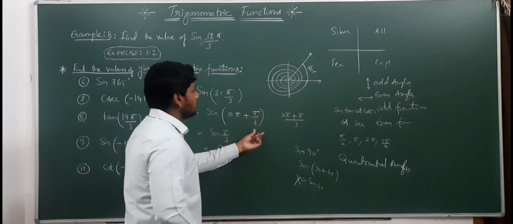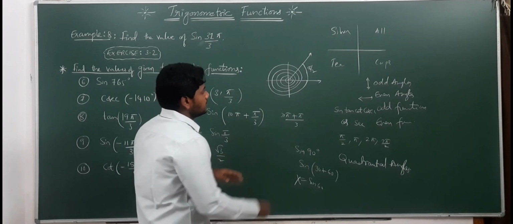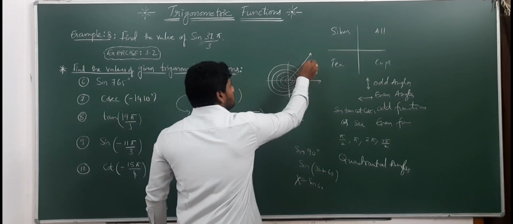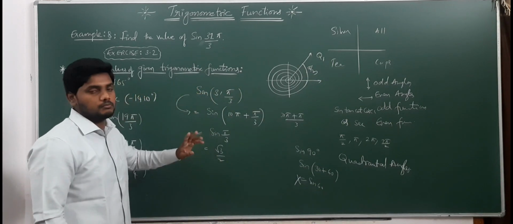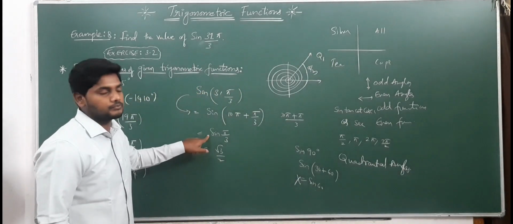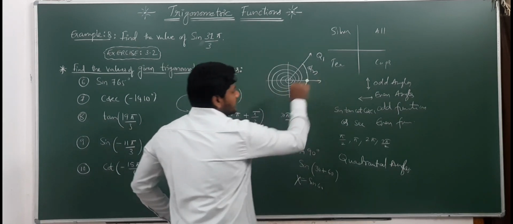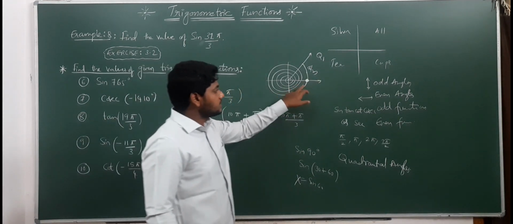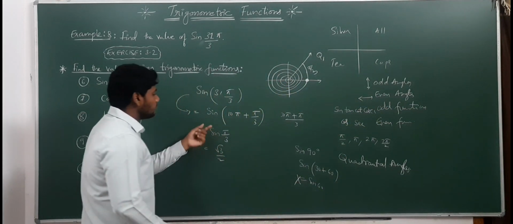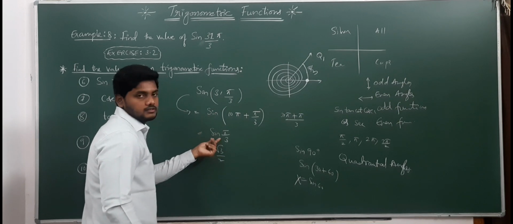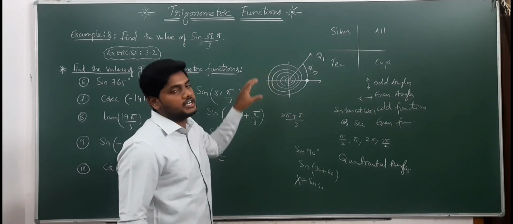So 10 pi plus pi by 3. As it rotates 5 revolutions, plus pi by 3. Plus pi by 3 means it will belong to first quadrant. In first quadrant, sine is positive or not? Positive. So plus sine pi by 3. As it stops here, which is on x axis, angles on x axis, even or odd angles? Even angles. Even angles means function won't change. Same sign, right? Plus will be plus and minus based on which quadrant it is in.